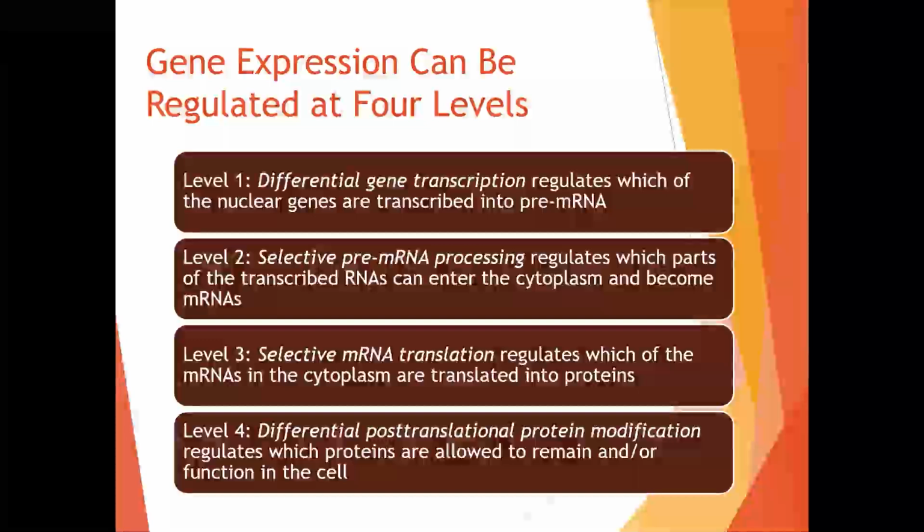So this is the step where you can add an acetyl group, a methyl group, phosphorylate a protein. You could label it for degradation if it needs to be removed, or maybe you need one of those special groups to actually help it function or perform a particular process within the cell. So this takes us through the basic steps of differential gene expression and how we can modify them within a given cell.